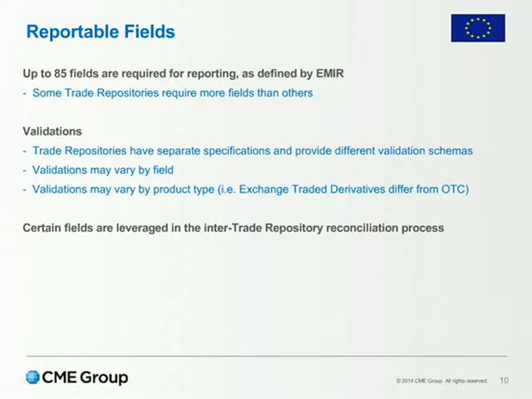What will happen within time is that of those maximum 85 fields, you'll find that not all will be reported in the same way, and that's what's happened in the US. But there will be certain fields that will be needed to be paired or compared. So pairing, just say 3 or 4, compared, meaning many more, with different levels of tolerance, things around time, execution time or clearing time and so forth. So definitely more is better in this case. Your trade repository should say if something has come in that doesn't marry up with what they're seeing on the other side, and come back to you and say what that actually is.